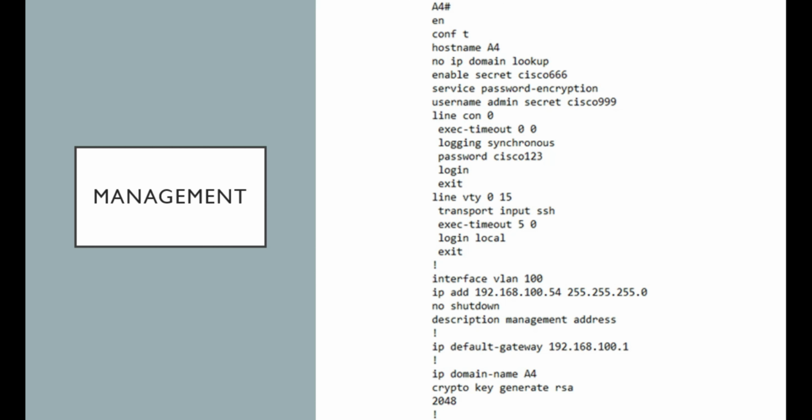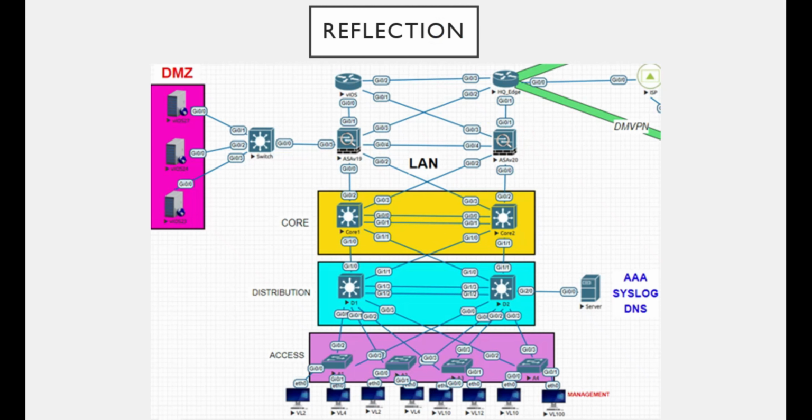All of the layer 2 switches in the access layer have one IP address that belong to this particular subnet. For example, A1 or A4 here has an IP address of 192.168.100.54 with a /24. Okay, so management is another aspect of how you manage all of the devices in the network. Now, on reflection, bearing in mind the limitations, if I was to repeat this experiment or project again